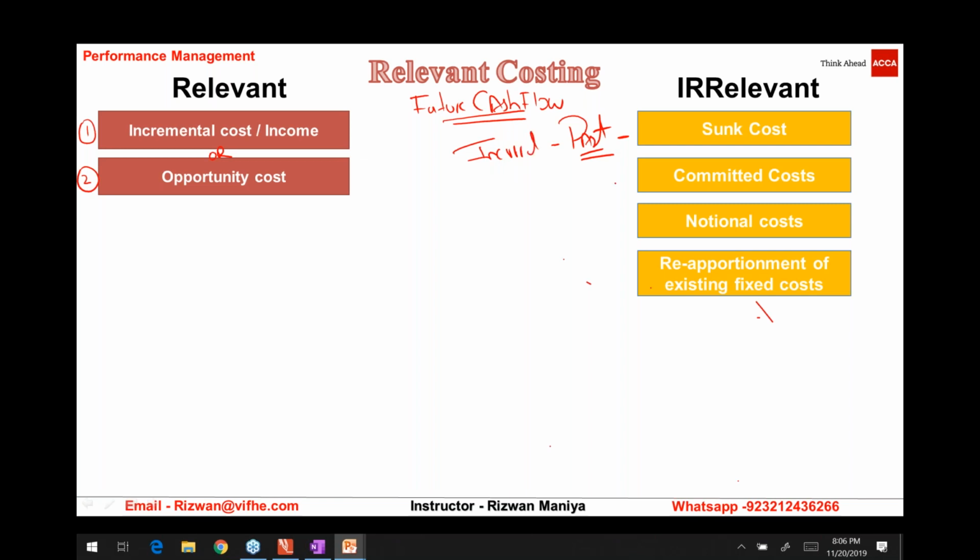Now comes another cost that is known as committed cost. Committed cost is a cost that will arise in future. And you would be thinking, if this will arise in future, as I mentioned initially, any future cash flow is a relevant cost. So you would be thinking, okay, this committed cost should be a relevant cost. It is not. It is not a relevant cost, even though this will be incurred in future. But the commitment to incur this has been made in the past, which means at the time of decision making,